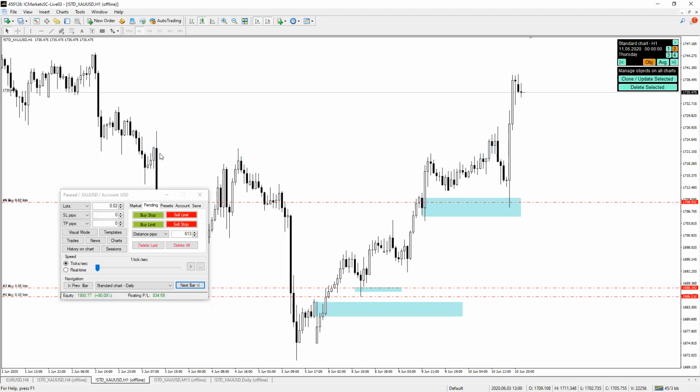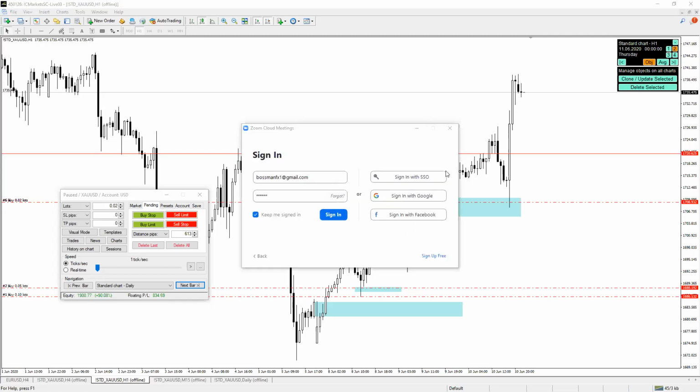So let's clean this up. 1720 is anywhere around here. 1720 around here, right? So anywhere around here is where we'll now be waiting for our buy opportunities. But now, since we do not have these areas,